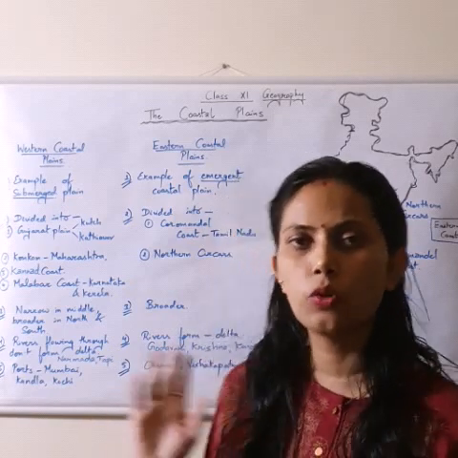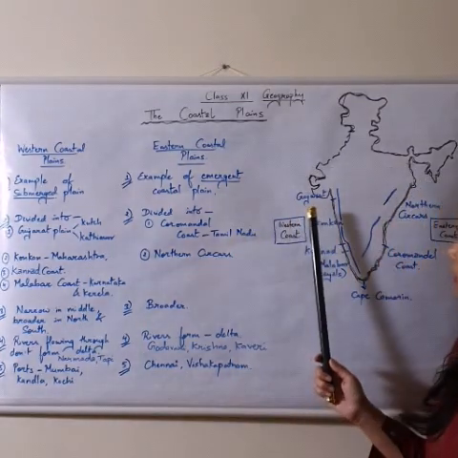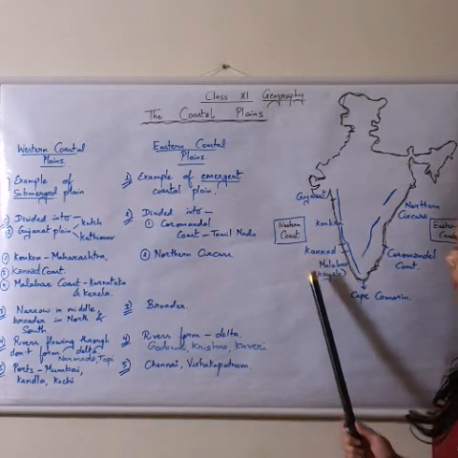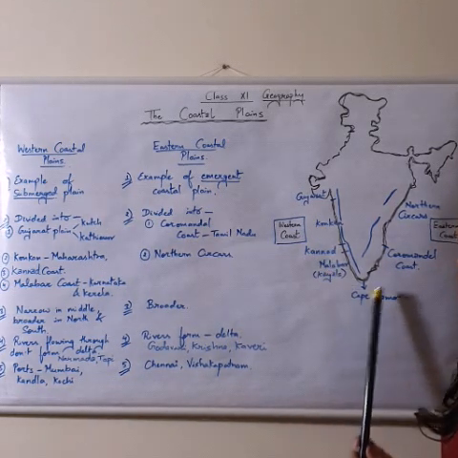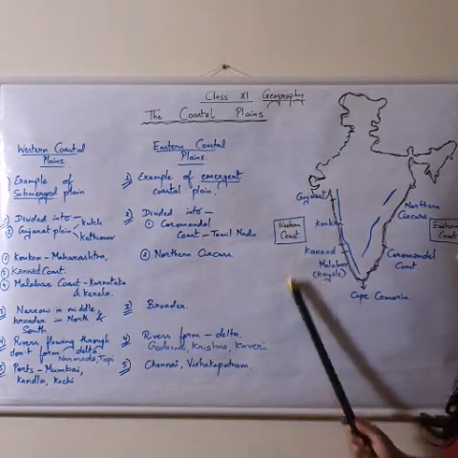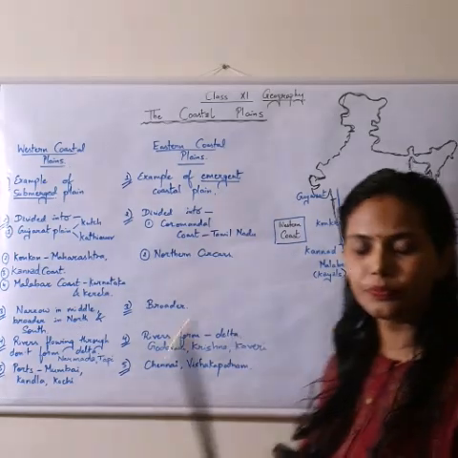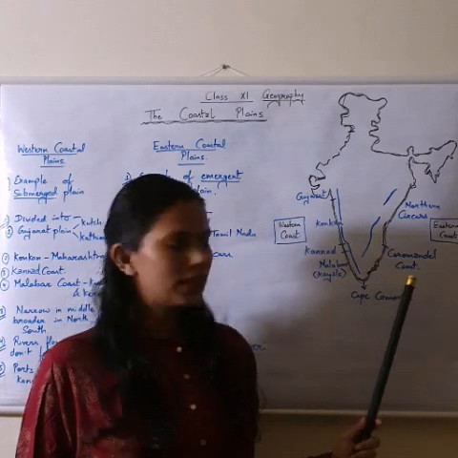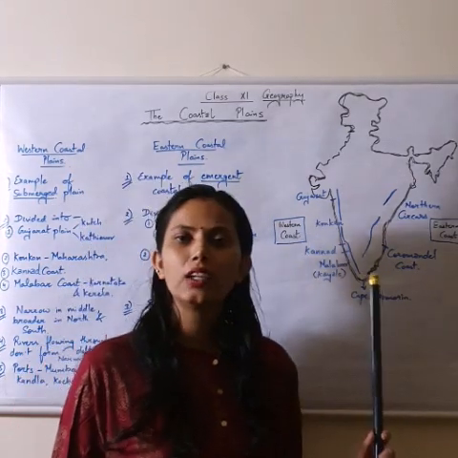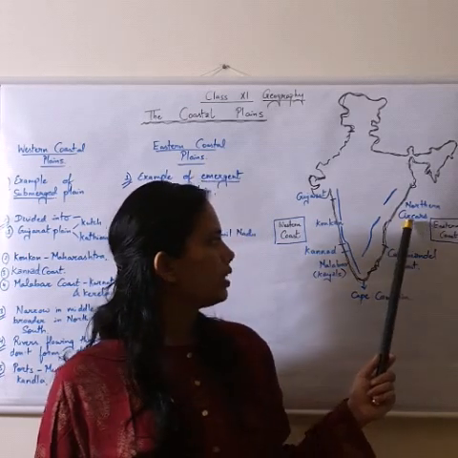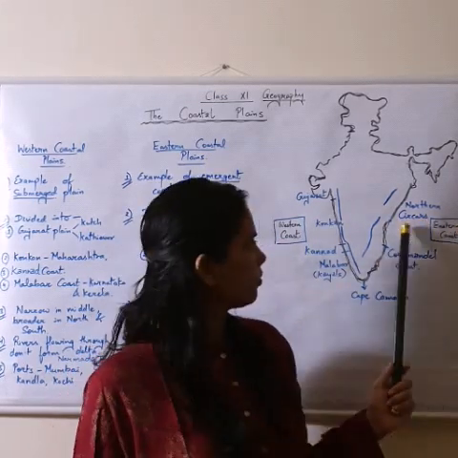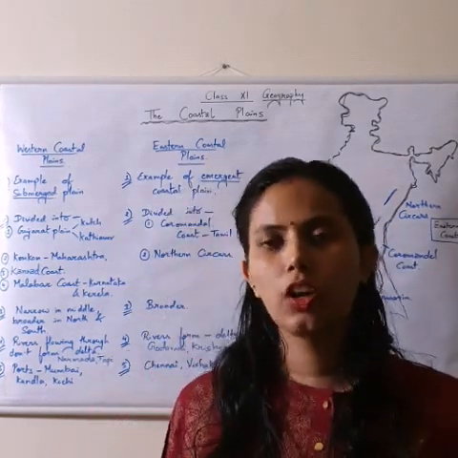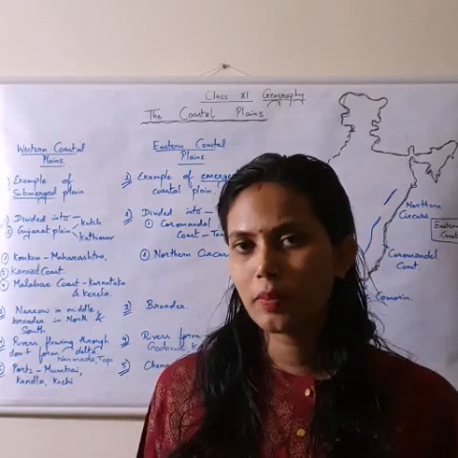This is all west. Look here in the map, everyone. This is the Gujarat coastal plain. This is the Konkan coastal plain. This is Kannada. This is Malabar. This is the western coast. Clear? This side is the eastern coast. Where Tamil Nadu is, we call that coast the Coromandel coast. This is the Northern Circars. The spelling is Circars. So these are the subdivisions of both the plains, the western coastal plain and the eastern.